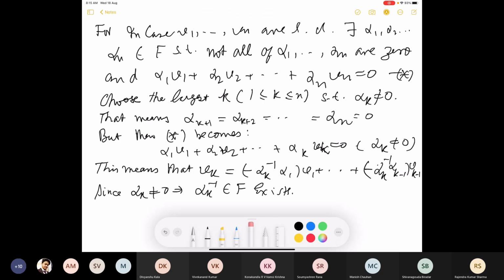So this is what we use to prove that there is some vk which can be written as a linear combination of the preceding ones. This technique can again be used to prove that if v1, v2, vn in V are vectors and W is the linear span,